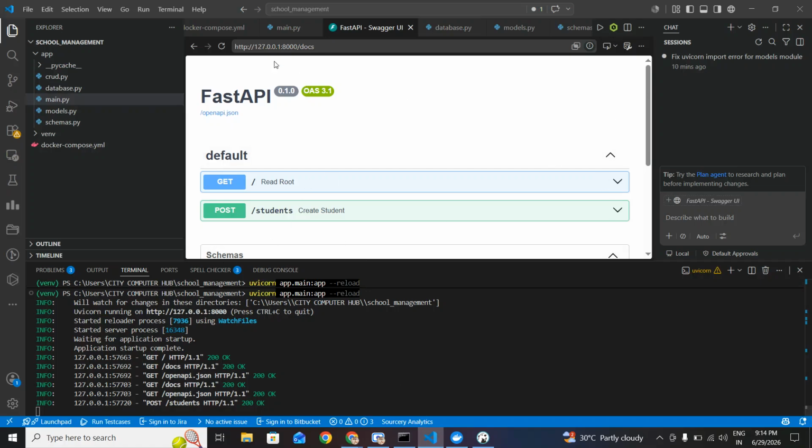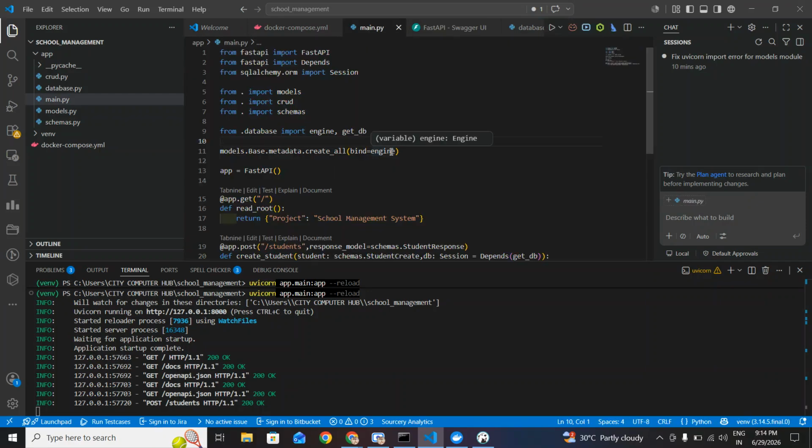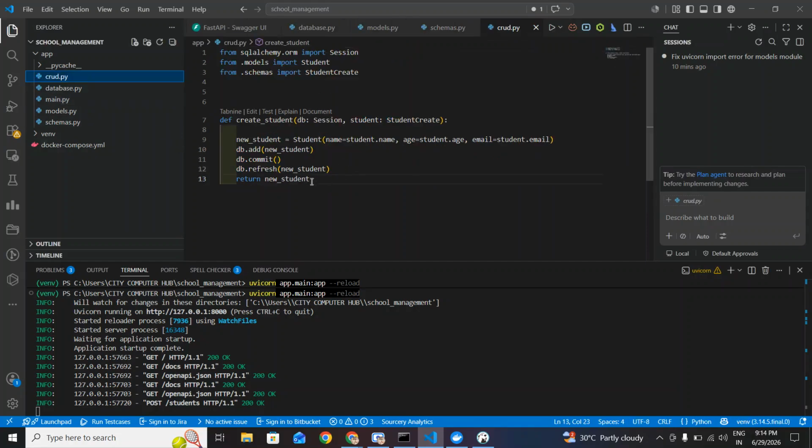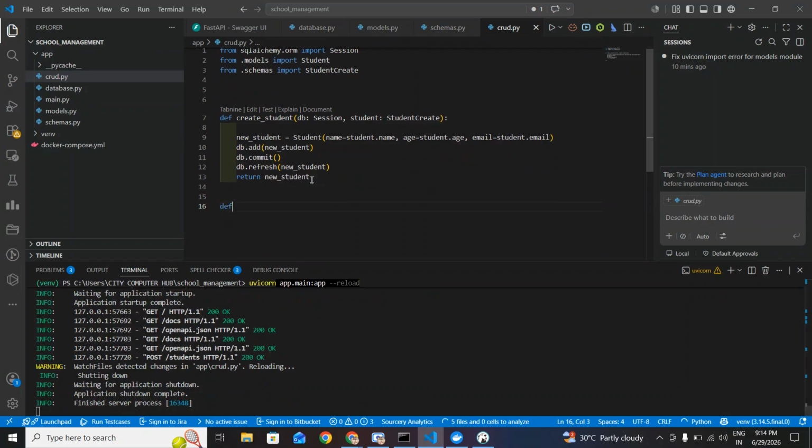And let's create another API, which is going to be our get API, to get the student data. So, to get all student data, let's see. Okay? To get all student data, let me first create a CRUD operation. So basically a CRUD function. This CRUD function is basically the definition of